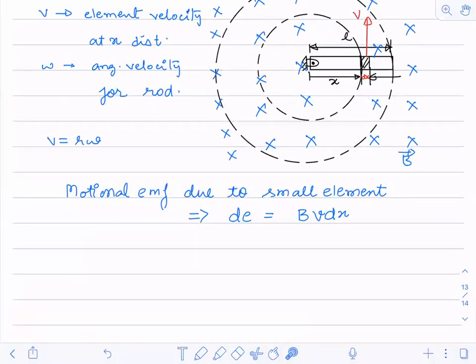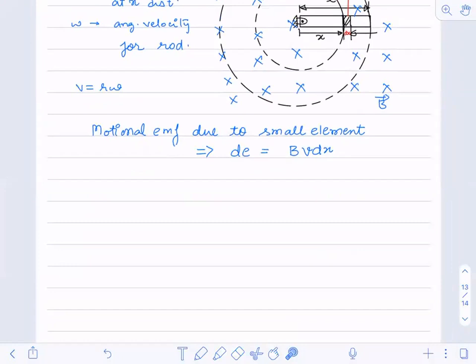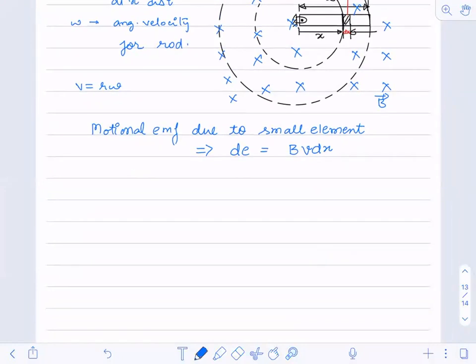Yes, there is a negative sign. For induced EMF there will be a negative sign. Everywhere I'll not put the negative sign. Wherever it is necessary, in questions and all, I'll be using it. Everywhere we know that it is opposing, that's why we use this negative sign. Don't be confused that sometimes I'm using it and sometimes not. As per my requirement, I'll be using it or not.